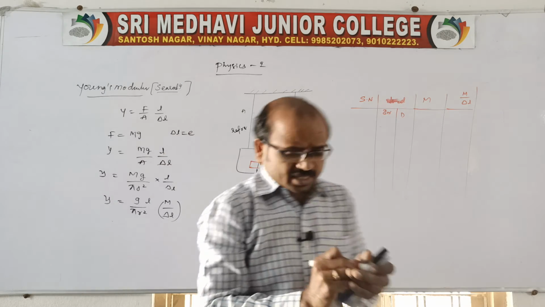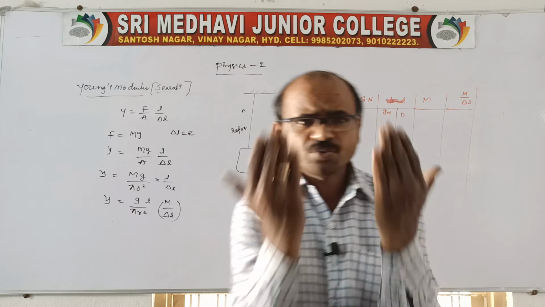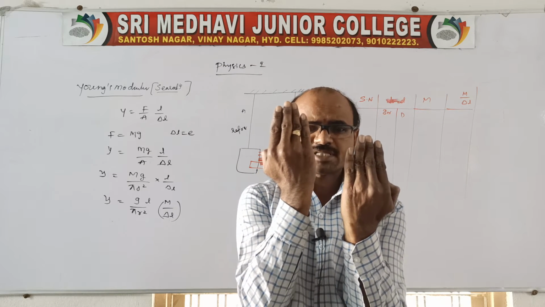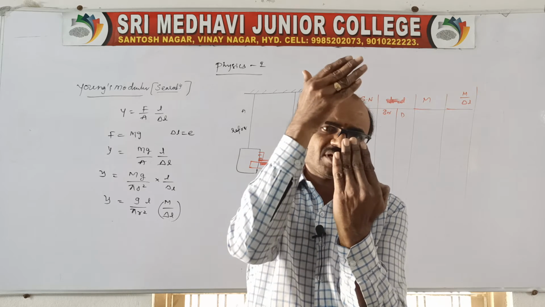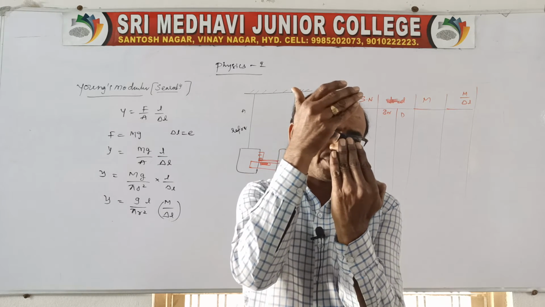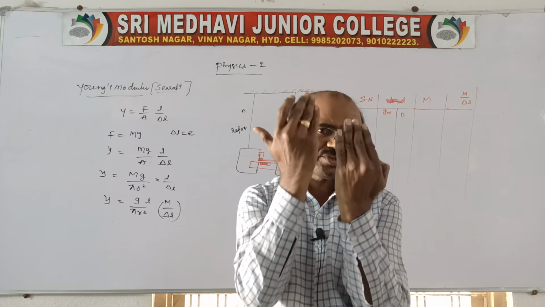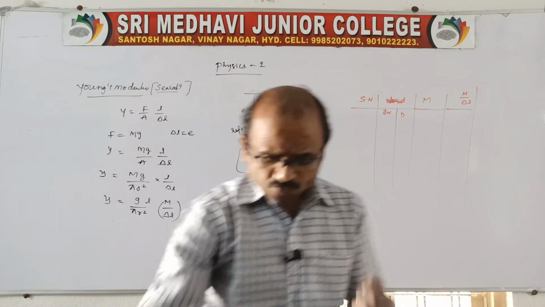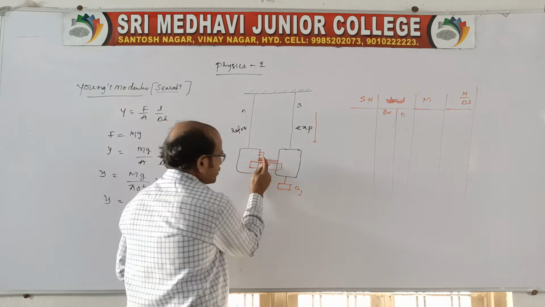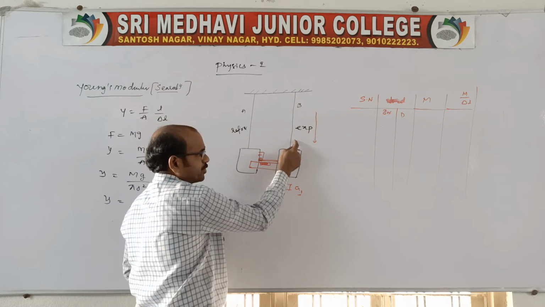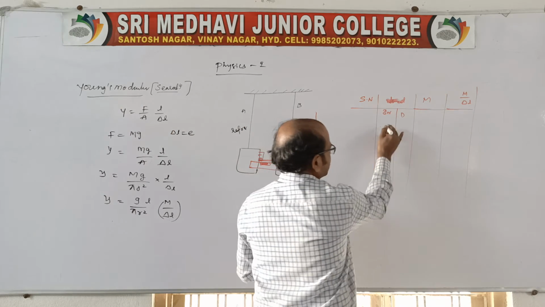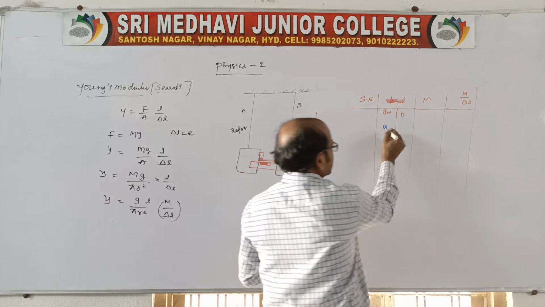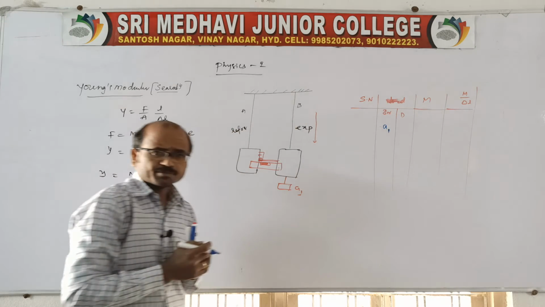Initially they are in the horizontal position. When a load is added, the wire stretches like this, because extension is produced in the experimental wire. Now we need to measure the length by using the vernier, how much extension is produced because of adding a load. Since the load is increasing, I don't know how much it is, so you write the load increased, A1, as the measurement.